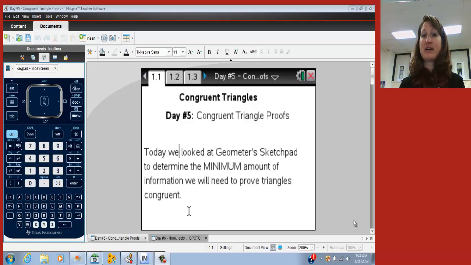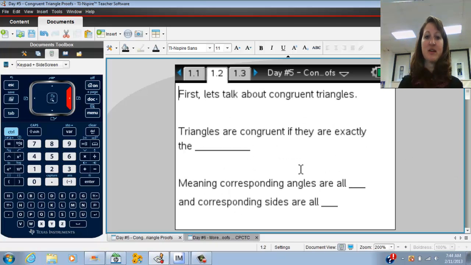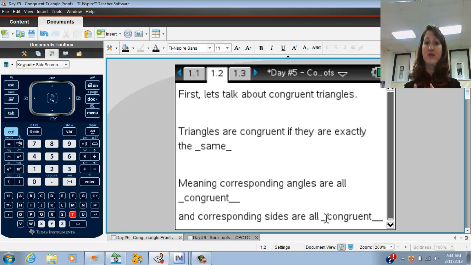So again, what we did today in class is try to figure out what we could use that would guarantee that triangles were congruent. So, on the second page of your document, again, just review quickly. Triangles are congruent if they are exactly the same, which means that corresponding angles are all congruent and corresponding sides are all congruent. So again, you should have 3 pairs of angles that are exactly the same and 3 pairs of sides that